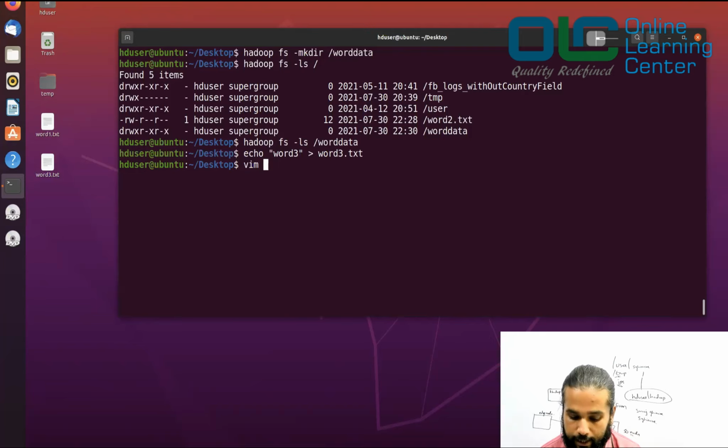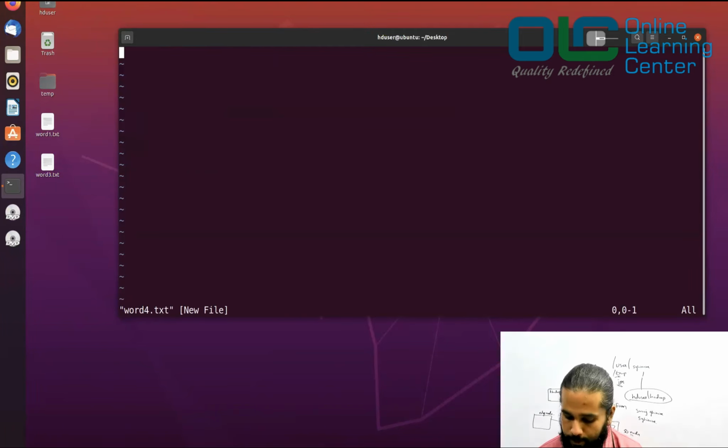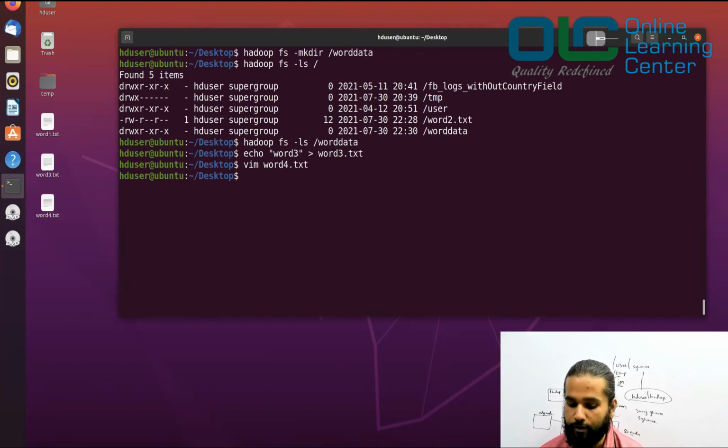Similarly, you can also say vim word4.txt, right? And it opens the editor. Just go into insert mode, and then you start writing something. I'll write word4, escape, wq, enter, and this is what we were doing. We have already done this so many times in our installation lessons, right? So if you see, you now have word3.txt and you also have word4.txt.